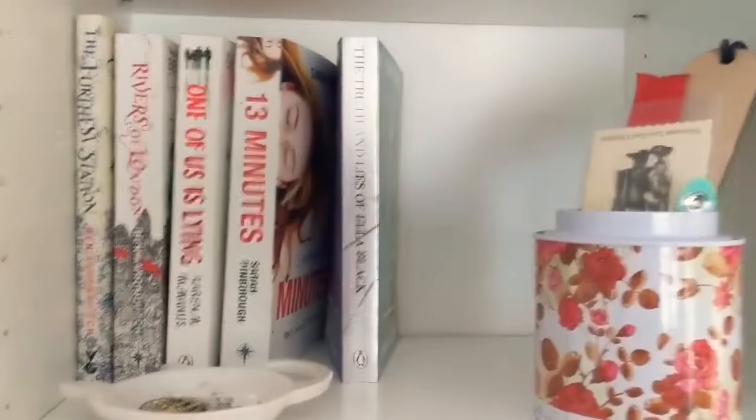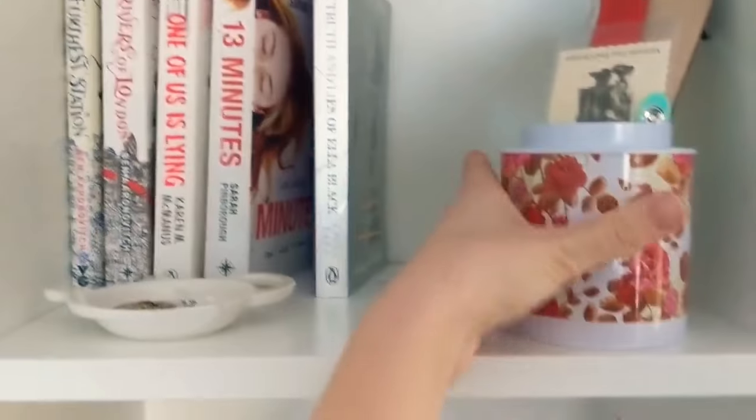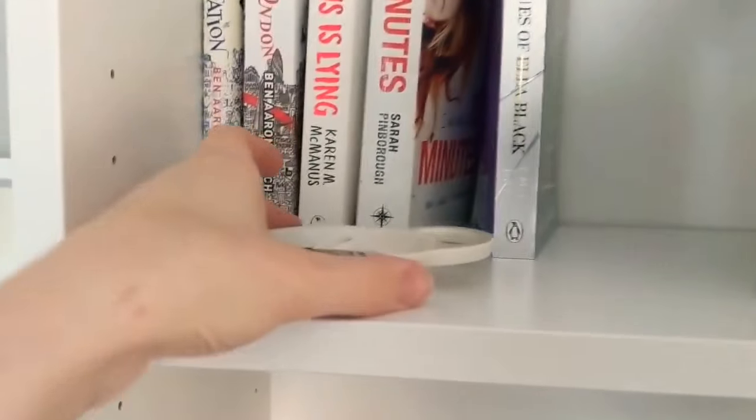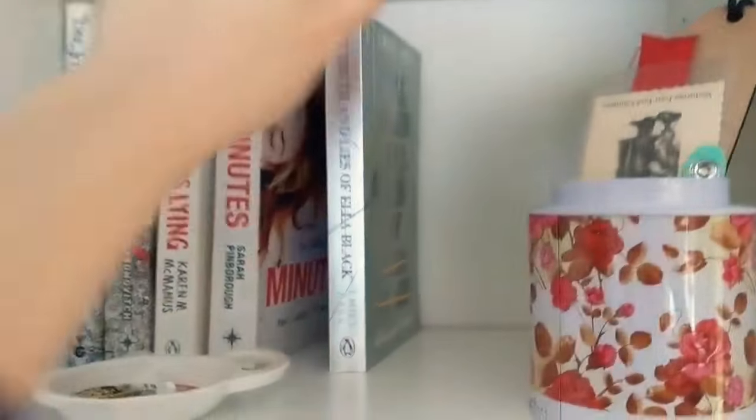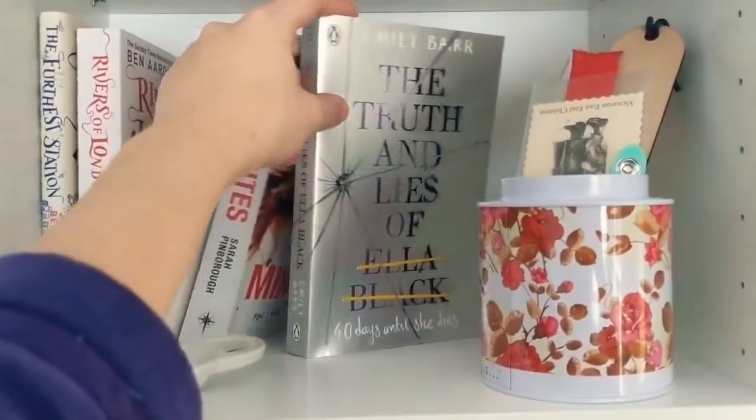Going up, I have my white shelf. This is all my bookmarks. I will show you that in a second. Just some little knickknacks that have nowhere to go, so they go onto my little keep calm and carry on tea tray thing. Okay, so this is on my to be read list, and this is by Emily Barr, and